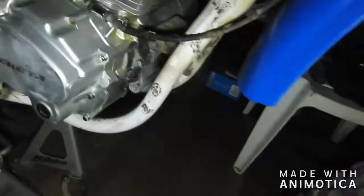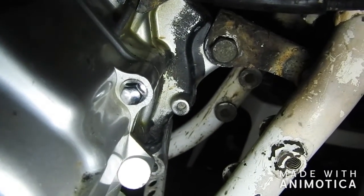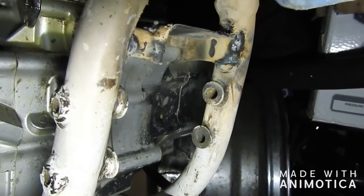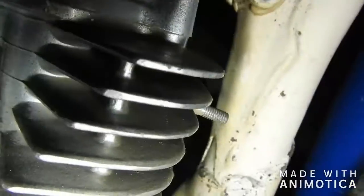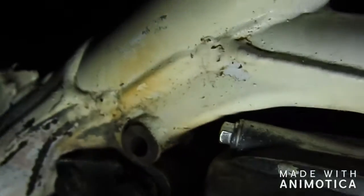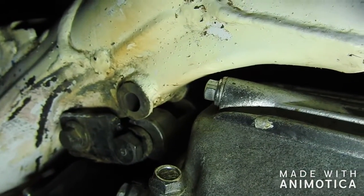So far, what I've done was make a motor mount, which was one of the original brackets that went to the other bike that it came off of. I welded it pretty good. So that motor mount's welded in. Second motor mount is part of that first motor mount that I cut off the end of it. This is the skinny end, and it fitted perfectly on both sides. I had to put a spacer because the motor had to sit offset, and so I made a little spacer on the other side of that bracket. And the bolt goes through to the other side,